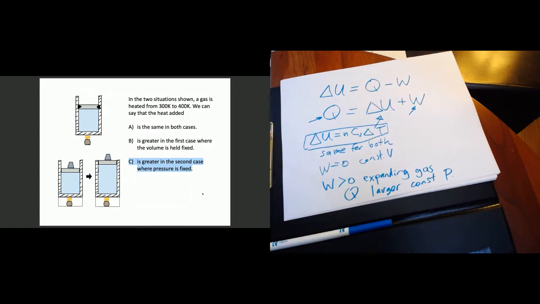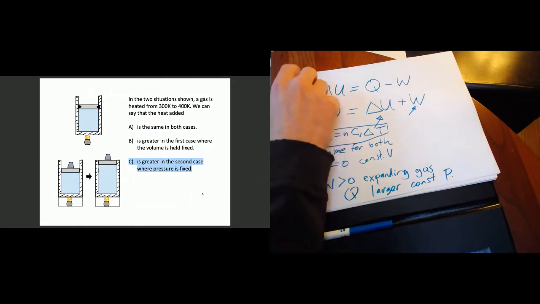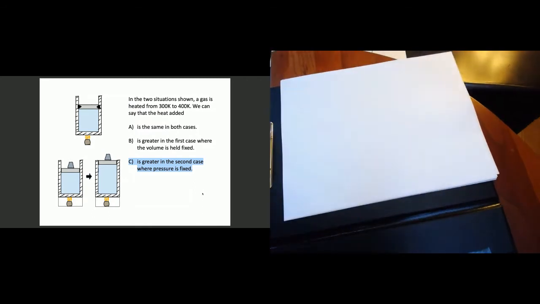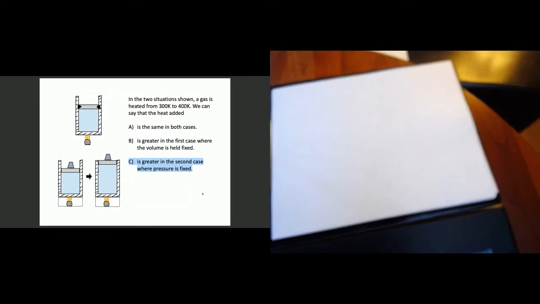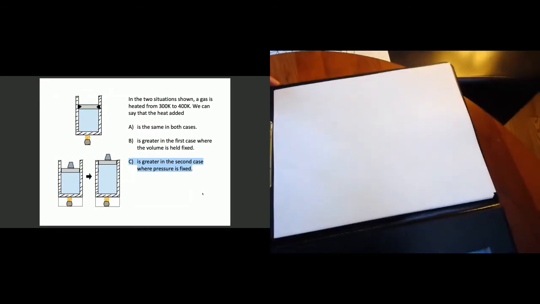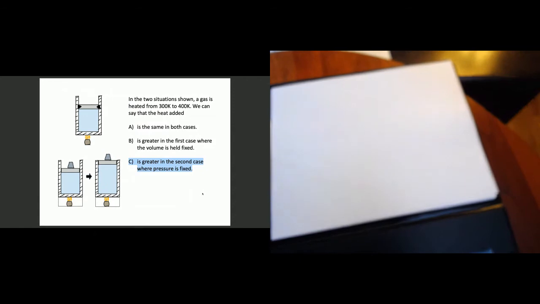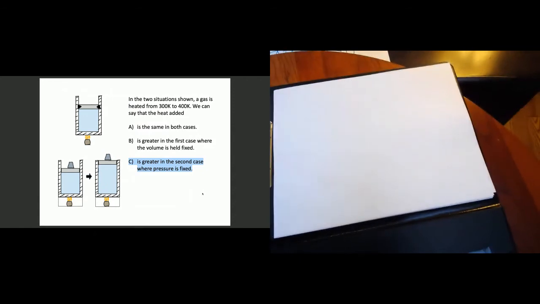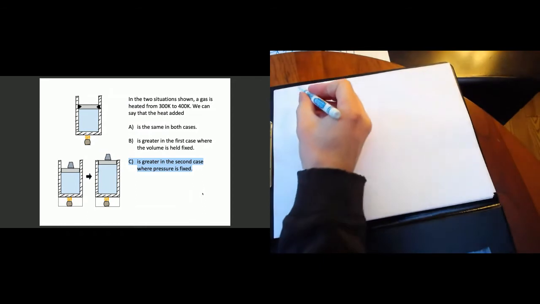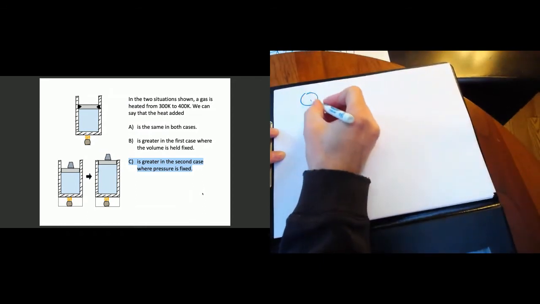Okay, so in the first case, all we had to do was increase the temperature of the gas. In the second case, we have to increase the temperature of the gas and lift the weight. And so we're going to need more energy in the second case. We're going to need to add more heat in the second case to do both of those things. So it's going to be useful for us later to actually figure out how much more heat we need in order to heat the gas at constant pressure. And so let's actually do this calculation in detail